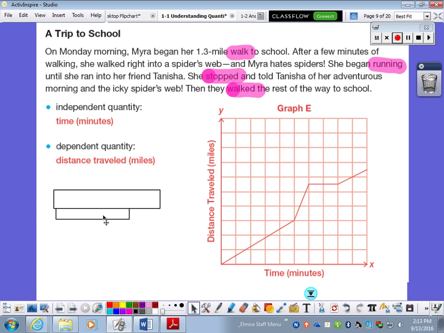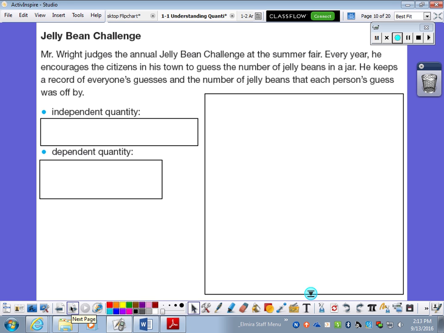Labeled with our independent quantity of minutes and our dependent quantity of miles. One more. Mr. Wright judges the annual jelly bean contest at the summer fair. Every year he encourages the citizens in his town to guess the number of jelly beans in the jar. He keeps a record of everyone's guesses and the number of jelly beans that each person's guess was off by. Now, if we're talking about the guess being off, if it's 2 less or 2